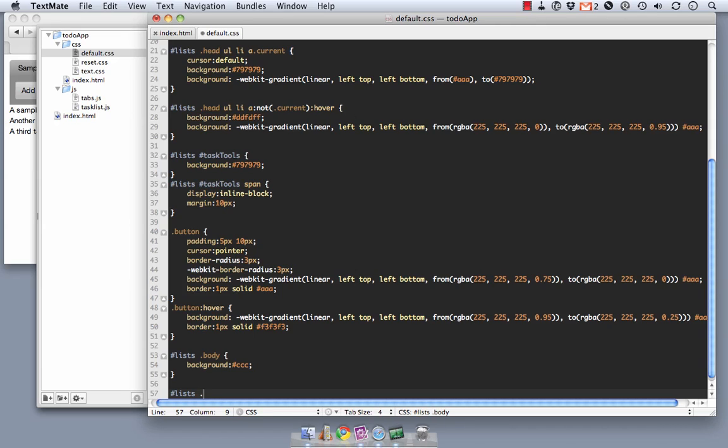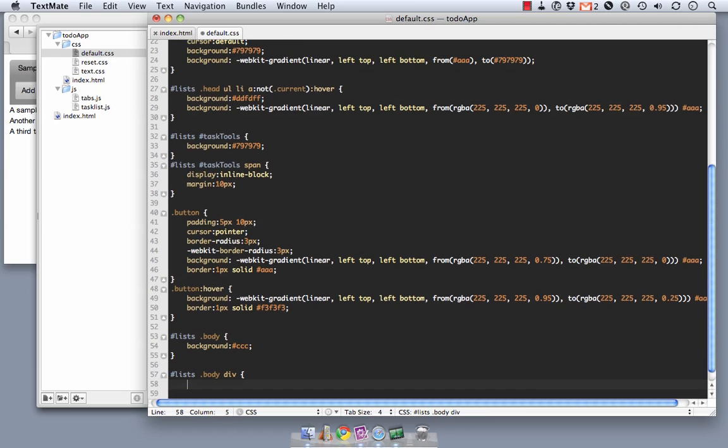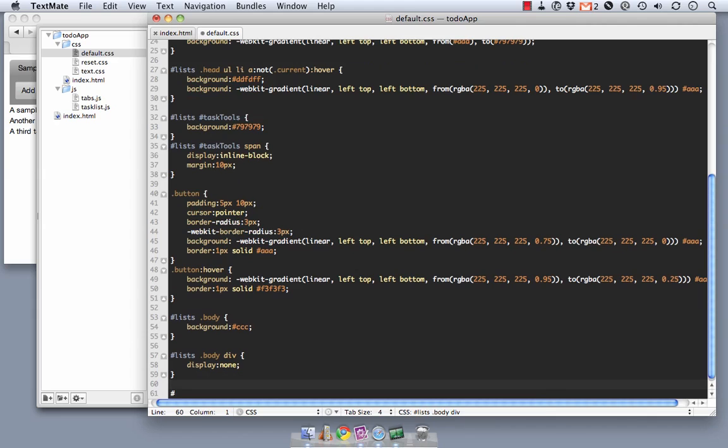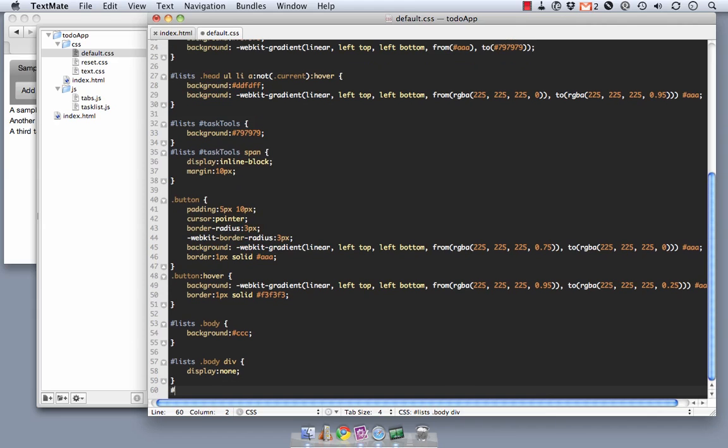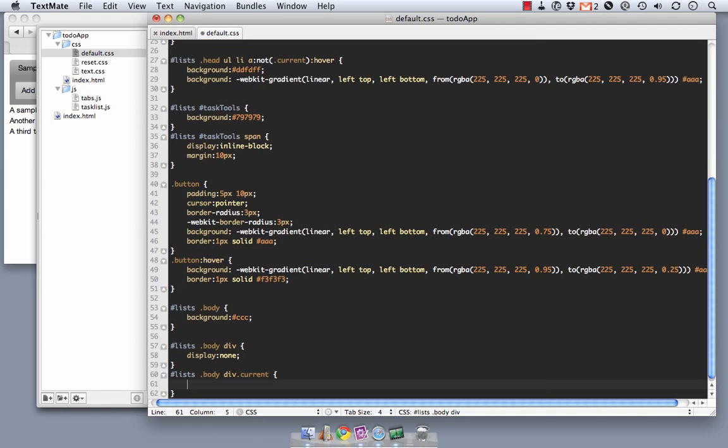For each of the divs within the body, and this is what each of our lists are going to be in, they're going to be set to display none. And that's because we don't want any of them to show except for the one with the class of current, and that one will have display block. And you know what we could probably do here, if you wanted instead, we could